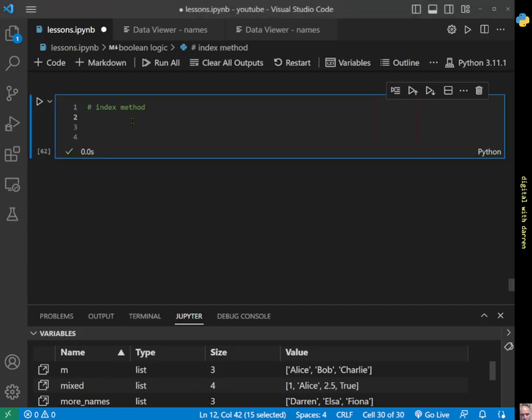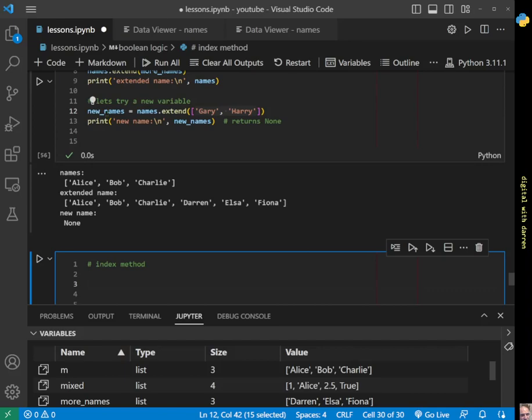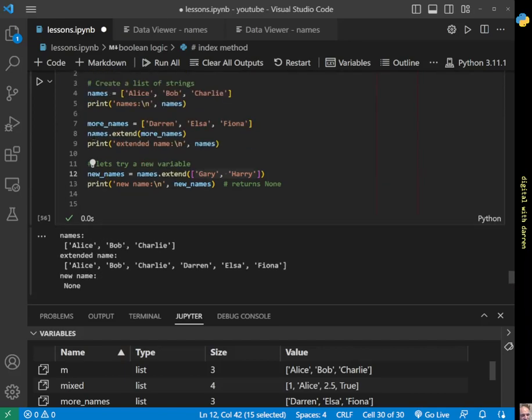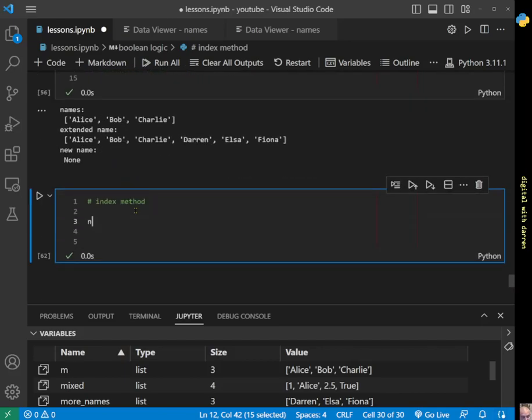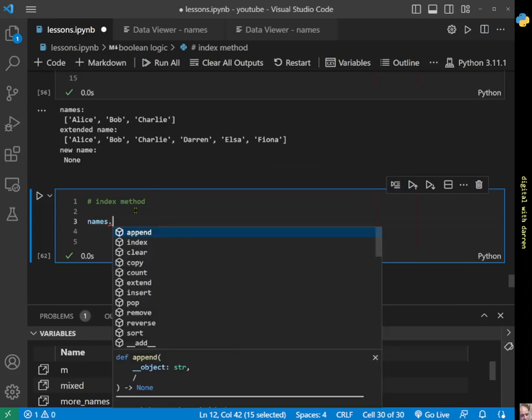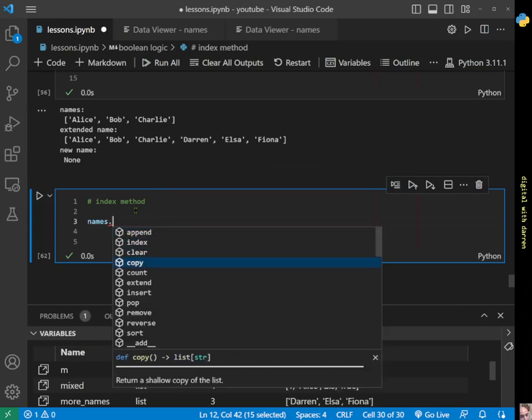Okay, so in our collection section, we're looking at lists, and now we're looking at a new method on the lists, and this method is going to be the index method. If I just type in names here and dot, we've done append, index, clear, copy, count,